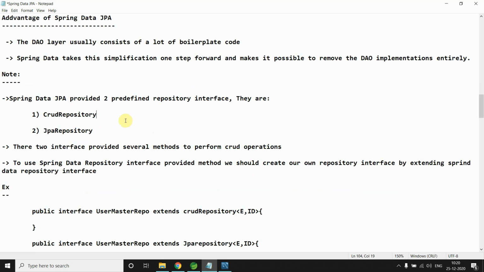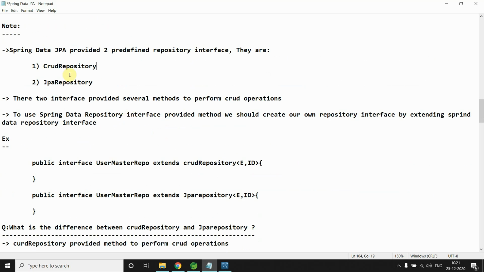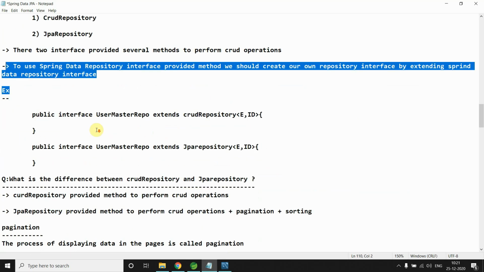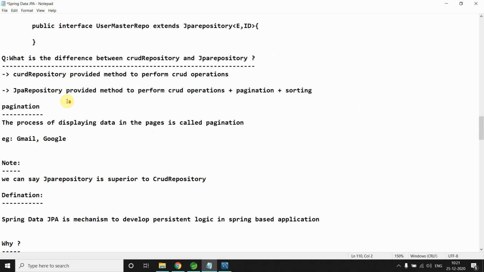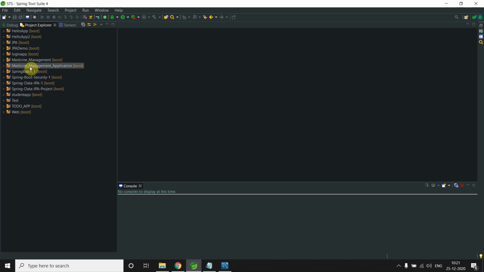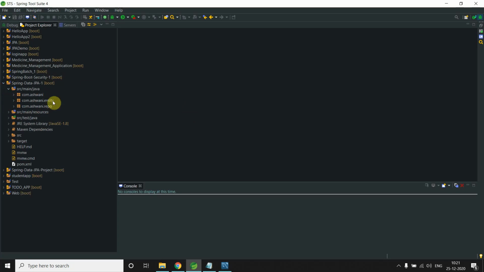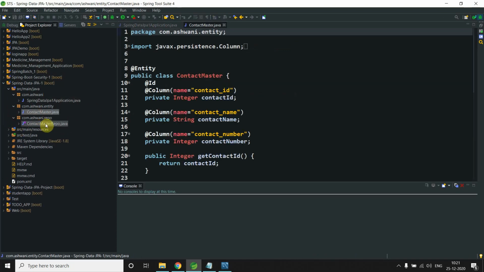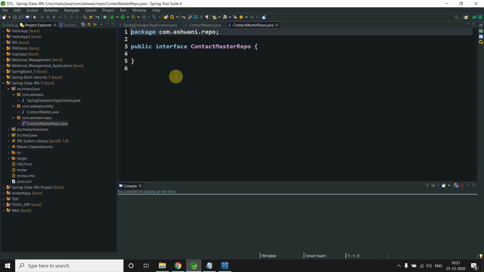Okay, so to make you understand how these two work, I want to create one project here. What is the syntax, how are we using it and all. So the first thing, when we are creating a project, I already created one project here, not a full project, I will do all the things in front of you. This is our class, this is our entity, and this is our repo. Three things I created. I will make you understand.